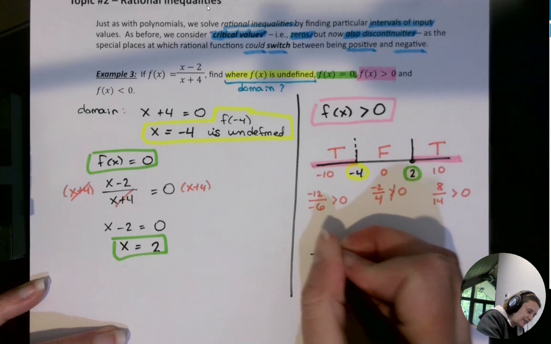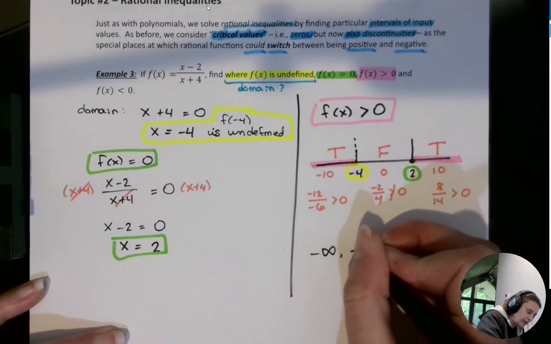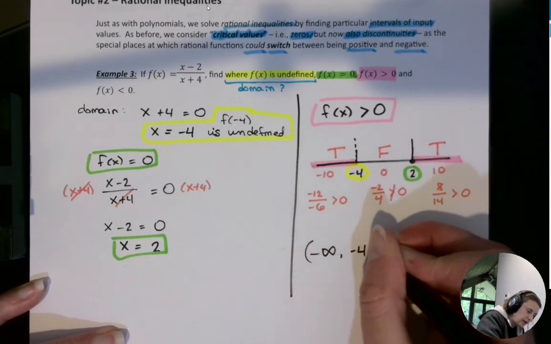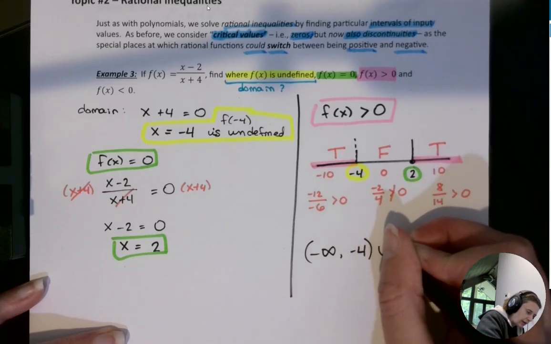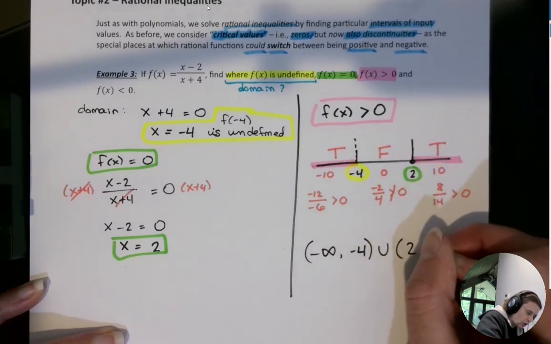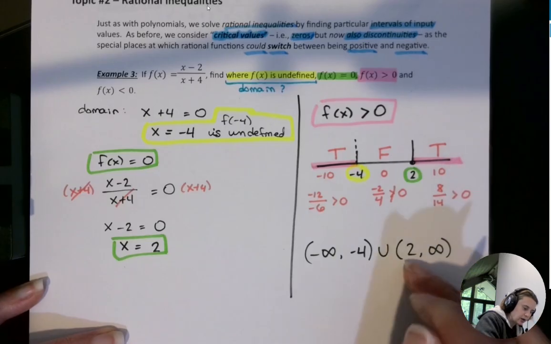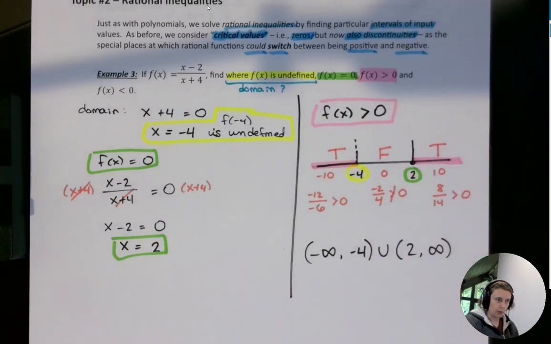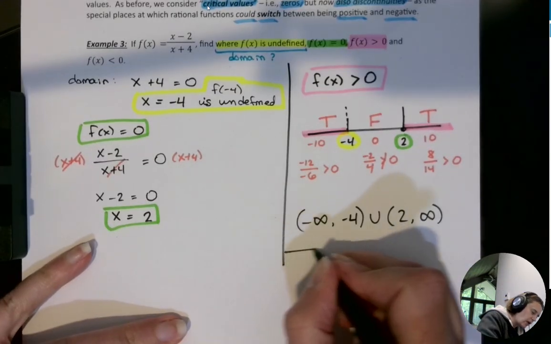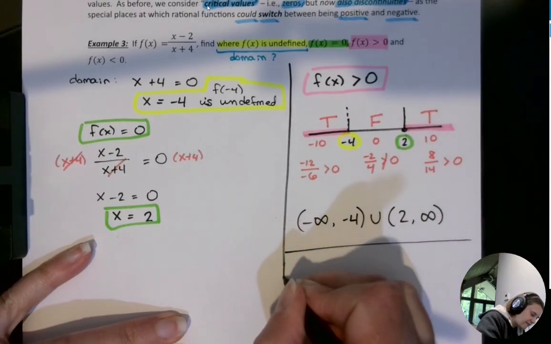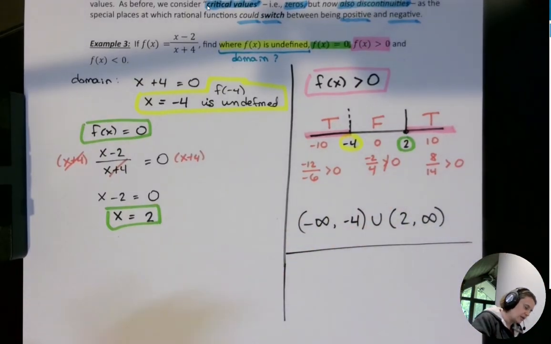From -infinity up until -4, not including negative 4. And then from 2 up into infinity, not including the 2, again, because there's no equal bar. Just a quick note about this. So that is my solution right here,